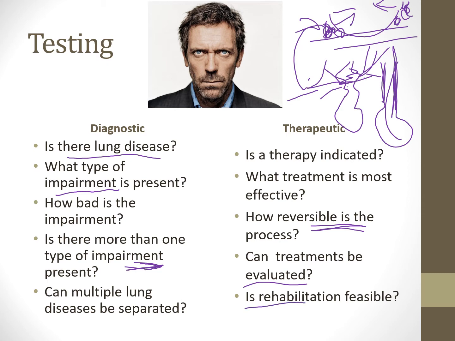And then when we're looking down here, is rehabilitation feasible, right? Are we able to get this patient to qualify for something like pulmonary rehab, which is just an amazing, amazing program if people can qualify for it. Multiple therapies are involved in pulmonary rehab. We have the registered dietitians, we have physical therapy, we have occupational therapy, we have respiratory therapy. All of us are working together as a team to help rehab this patient and educate them and get them to the most functional they can possibly be, where their activities of daily living